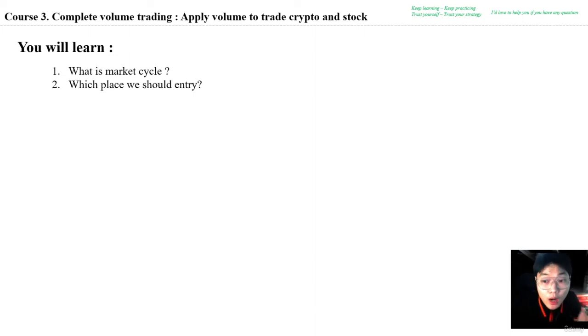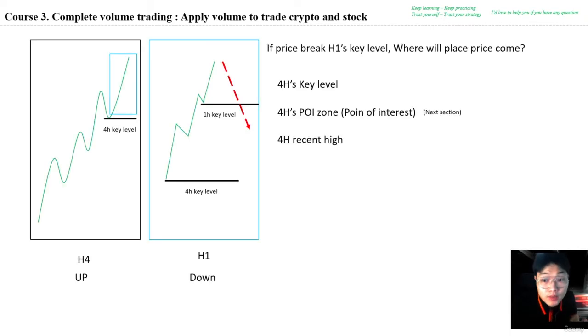In this lesson, I will guide you on what a market cycle is and which play we should enter. So let's get started. The first one: what is a market cycle in the market structure strategies and also key level strategies? The first thing you need to understand, remember again: every time supply is still above the key levels, it means the direction of the market continues, and when supply breaks the key levels, it means supply has already changed from the up movement to the down movement.